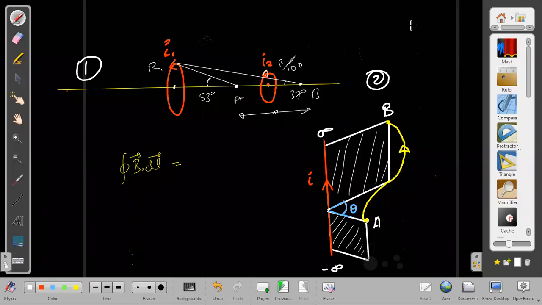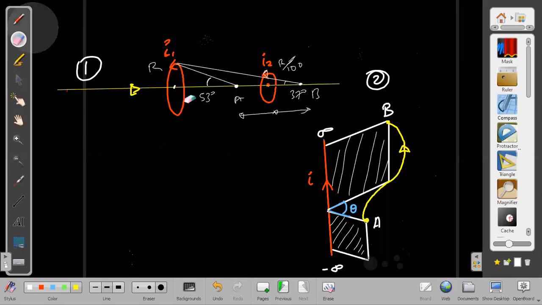Sir, what is the situation in 2, sir? Situation is, again, the red color is the current and the yellow color is the line integral path. And line integral I am taking, okay, direction I have to tell. I am taking line integral in this direction. There are two current carrying loops, but I have to take line. Oh, sorry. I think I did not mention it completely. Sorry. I should have written it here.